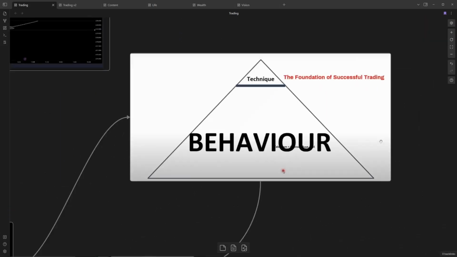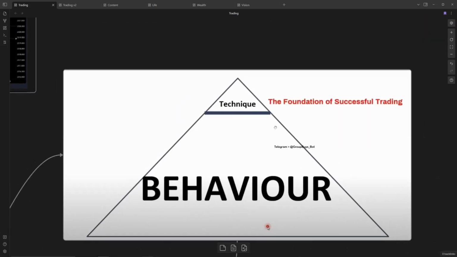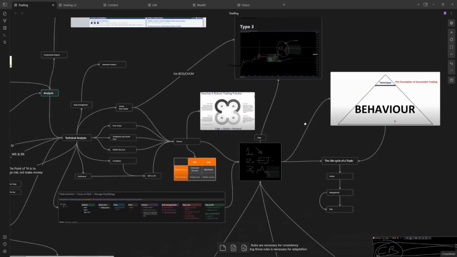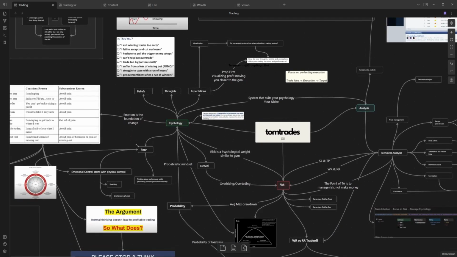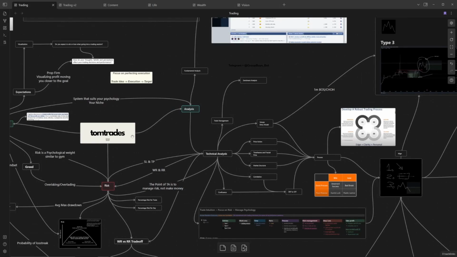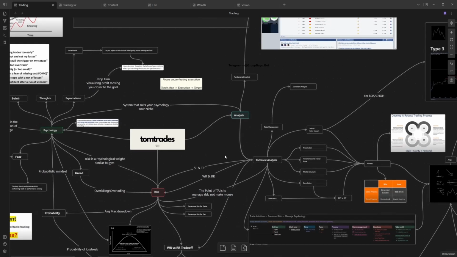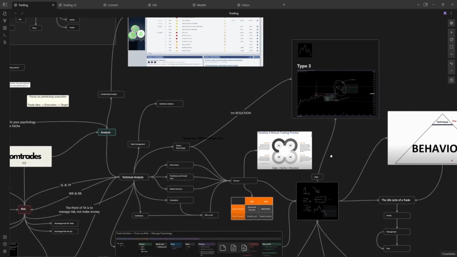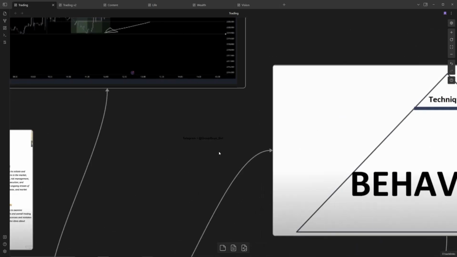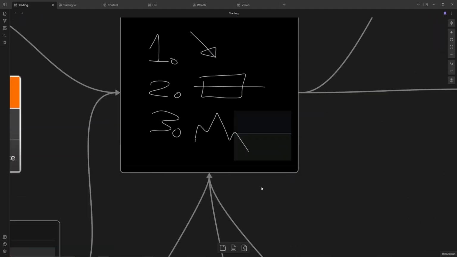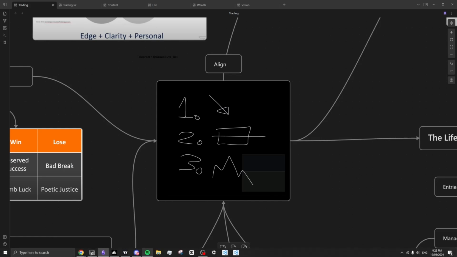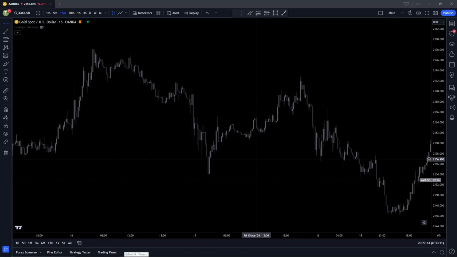But technical analysis, we focus on it most of the time, but it's only the peak of the pyramid. This is the easy part. Technical analysis is the easy part. Risk management is the boring part. Psychology is the hard part. But we need to have a consistent approach before we can kind of worry about these things. So this technique won't make you profitable, but it's a tool that you kind of need to give you a chance. So I try to keep my trading simple, as I said.